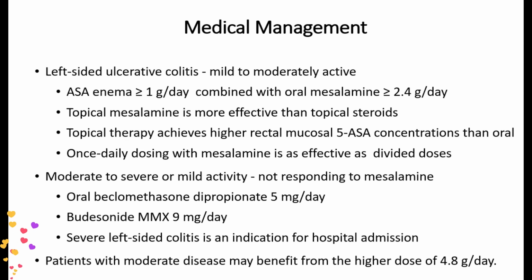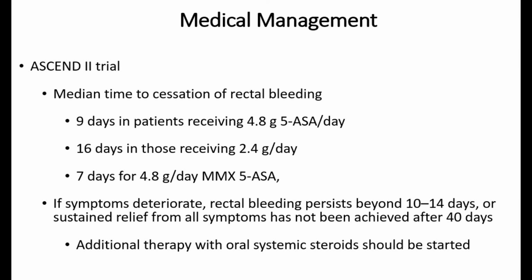Severe left-sided colitis is an indication for hospital admission. A patient with moderate disease may benefit from a higher dose of up to 4.8 gram per day. In the ASCENT-2 trial, the median time to cessation of rectal bleeding was 9 days in patients receiving 4.8 gram of 5-ASA per day, 16 days for patients receiving 2.4 gram per day, and 7 days for the combination of 4.8 gram 5-aminosalicylic acid and budesonide. So the combination has better